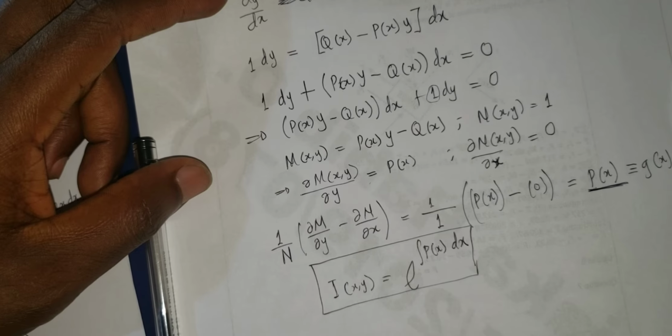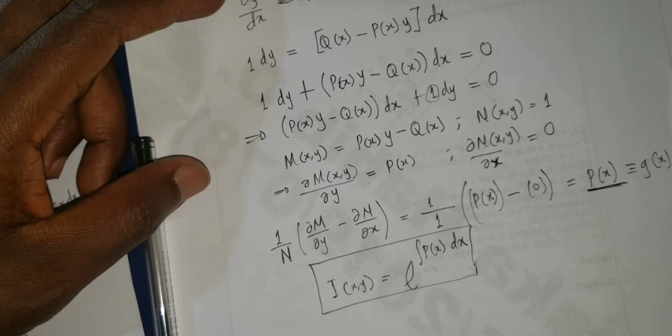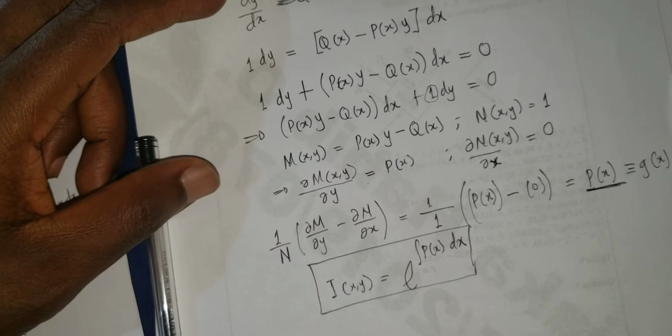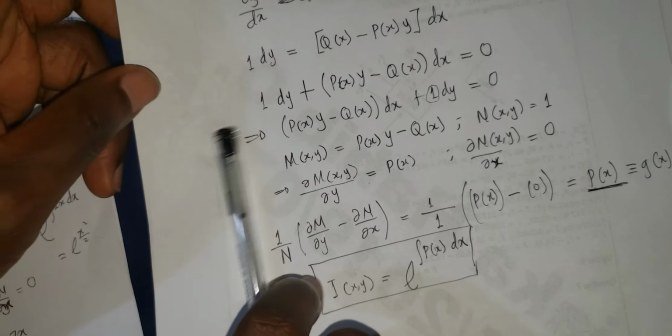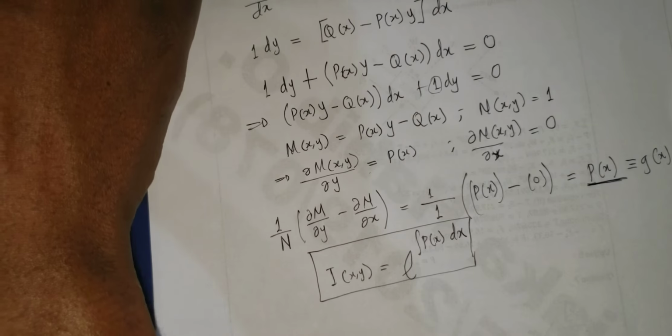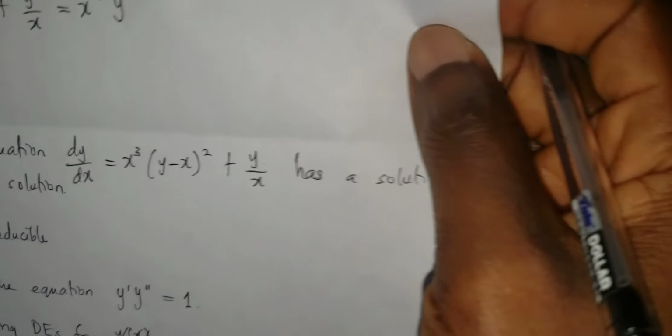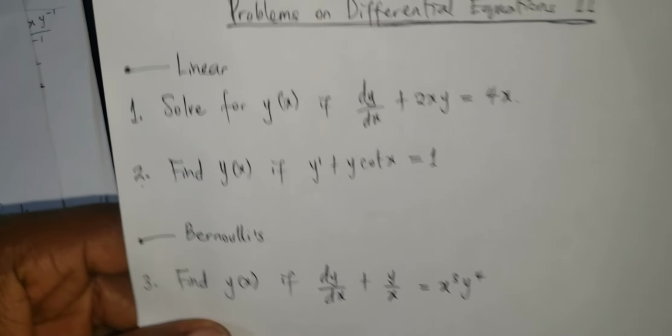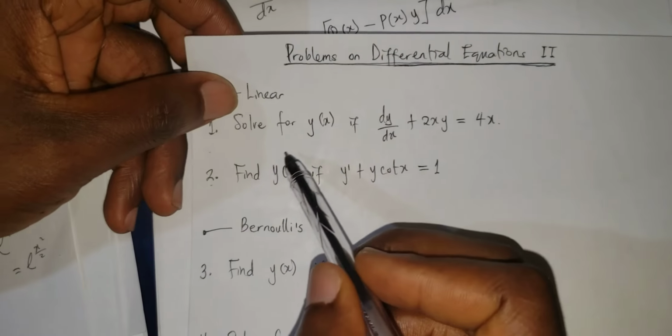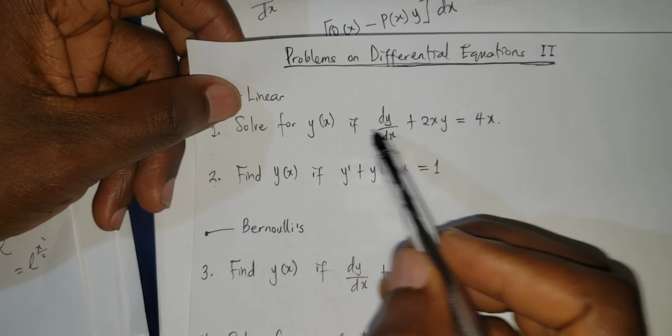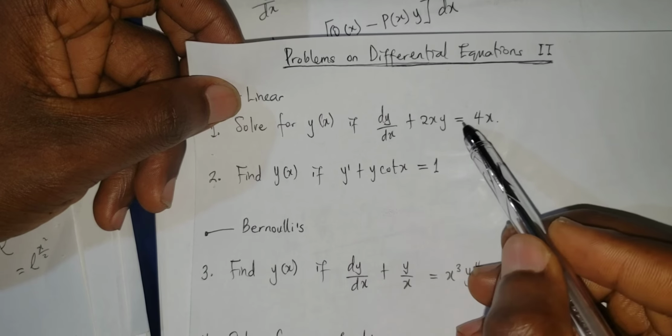So life can be as easy as that when it comes to this. All right, so let us consider some of the problems now that we have here. I'm going to solve one of them with you here, then you solve the other. So look at it. It says solve for y of x, if dy/dx plus 2xy is equal to